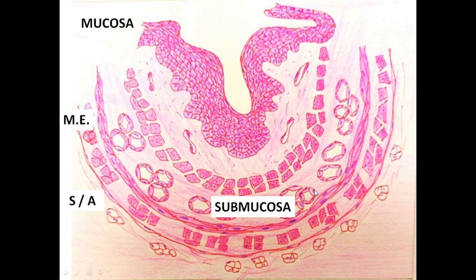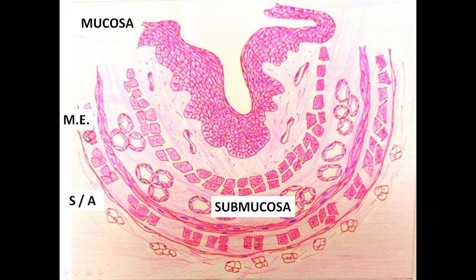If you want to draw the schematic diagram of the general plan of any alimentary canal, then this thick layer which you are able to see here, 1, 2 and 3 together, is called the mucosa. So the innermost layer is the mucosa. Then this wide layer, in which many glands are present, blood vessels, lymphatics, nerve plexus and nerve terminals may be present, is made up of connective tissue. So this layer is called the submucosa.